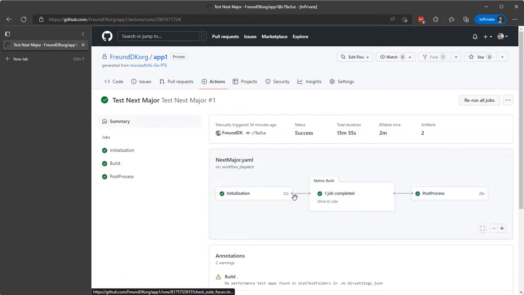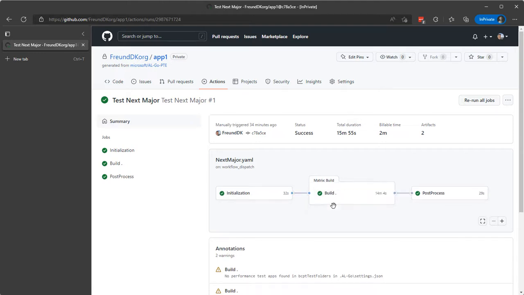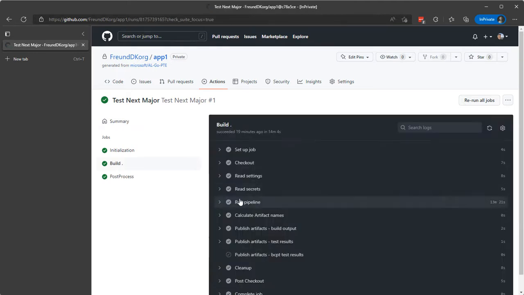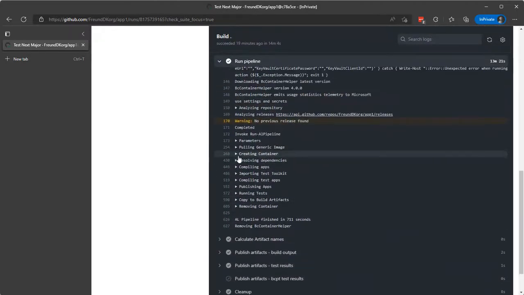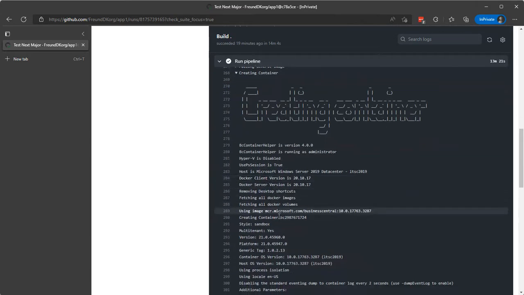So the workflows are much simpler. It's just an initialization and then a build. And the build process, if we have a look at that, here we'll dive into this. We'll create a container, compile the apps, install the apps, and so on and so forth. So we know now that our app is compatible to next major. Creating container, here we'll see that it uses the version this one and the platform this one. So we actually did manage to get a